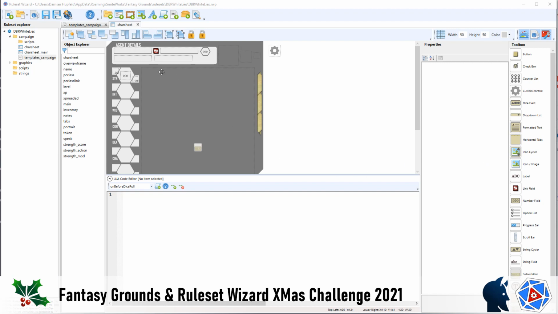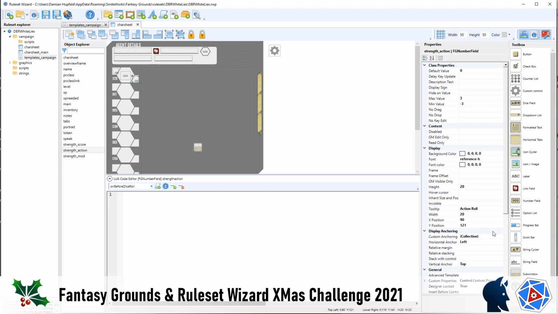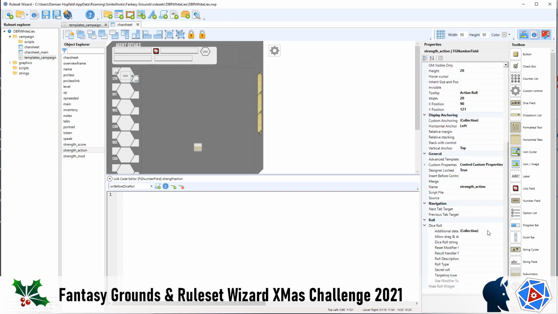We're going to continue with building out our attribute stack here, and we're moving up to our action roll. We're going to make this one a dice roll, so we're going to simply put in the dice roll string here, 1d6. There's a whole bunch of different ways we're going to be able to handle this. We could use result handler files. We could do 1d6 plus self. That would work. But I think what we're going to do is we're going to use a